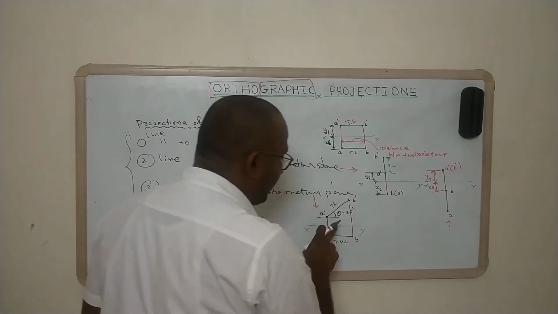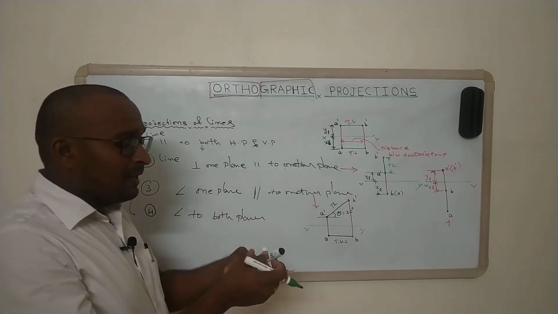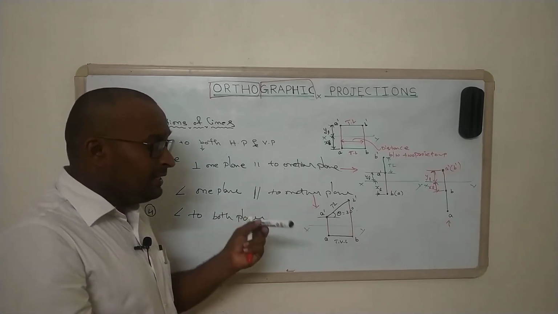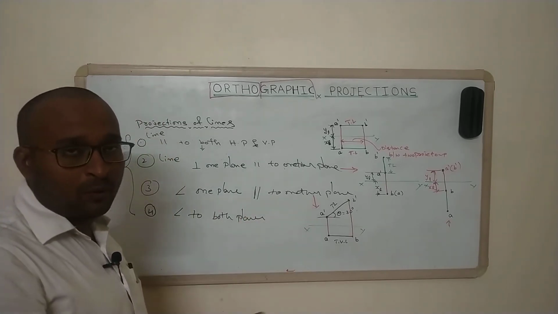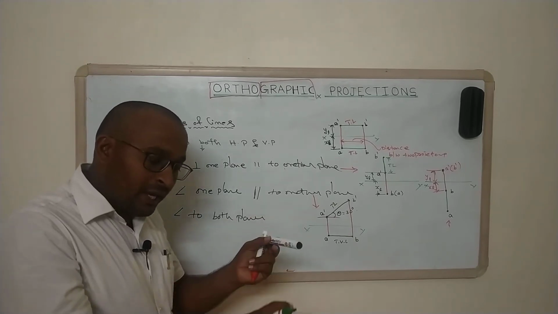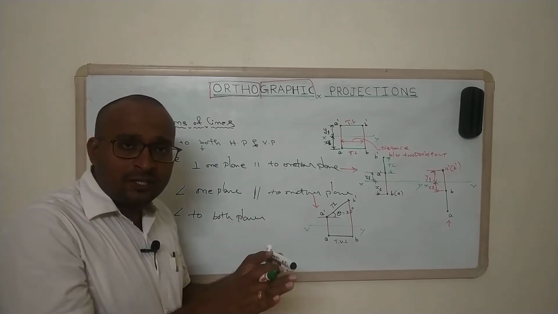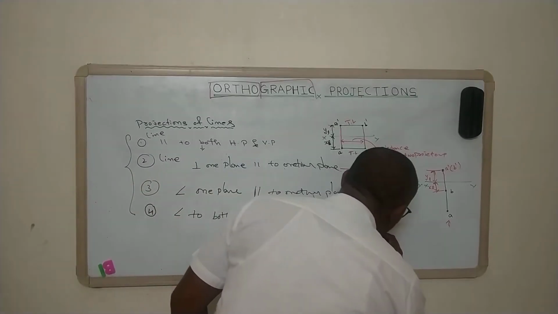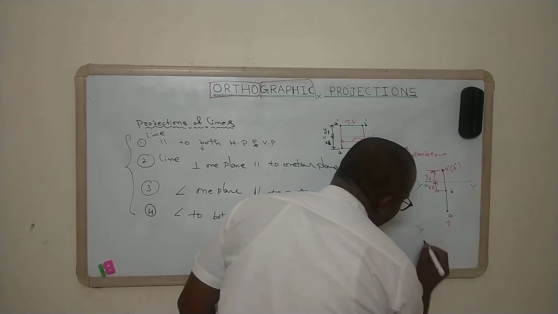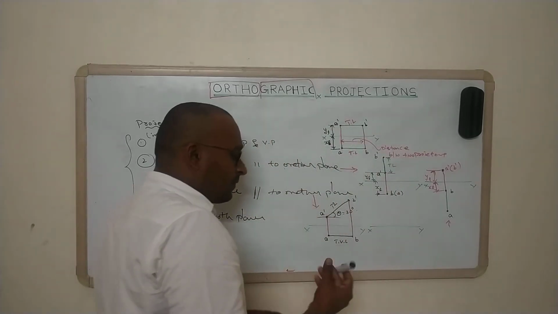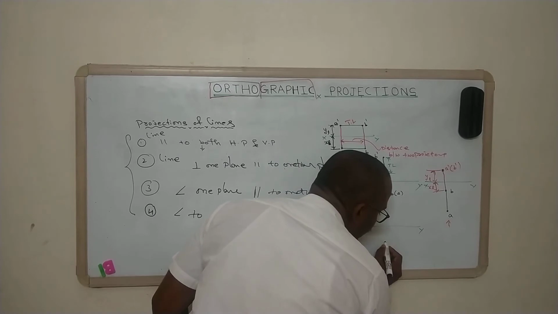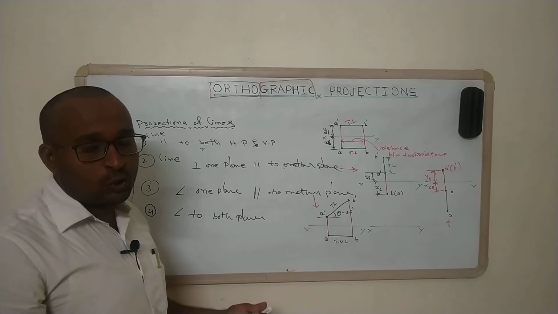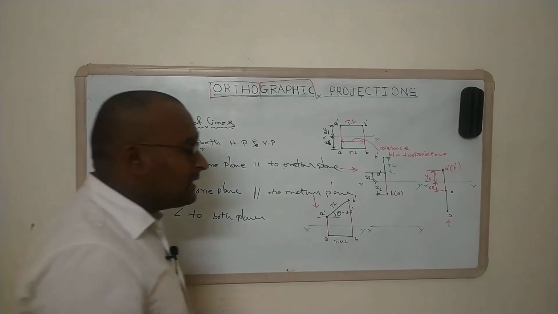Now we will see the second condition, when a line is inclined to VP and parallel to the HP. In this condition, initially we should start with the top view, because the line is parallel to the HP. The horizontal plane constitutes the top view of the given line. So here we must start with the top view, with the XY line. Then we start with the given angle. For example, they will give the phi angle, that means the true inclination with VP is phi.